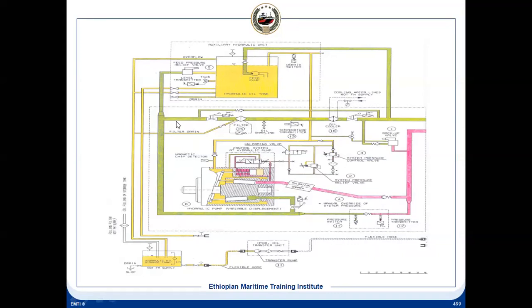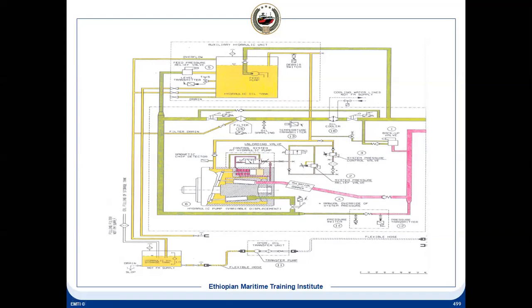When the main pump is not running, the feed pump is still running, and there is a pressure relief valve maintaining system pressure at the suction side of the main pump. It will lift and go to the tank. When the main pump is running, the pressure comes from here, and this is the return line connected to the suction side. This is the delivery, and the extra flow comes back here, so the suction pressure is always maintained.